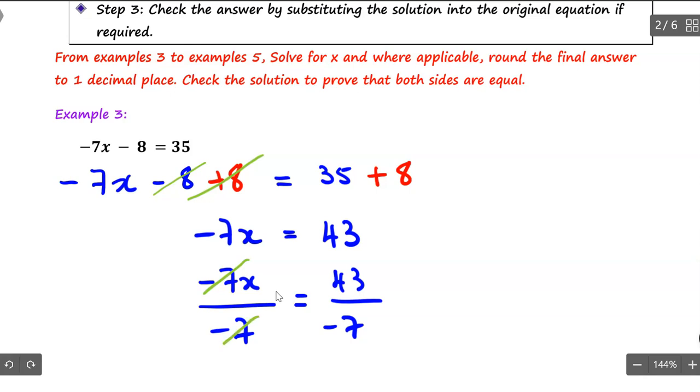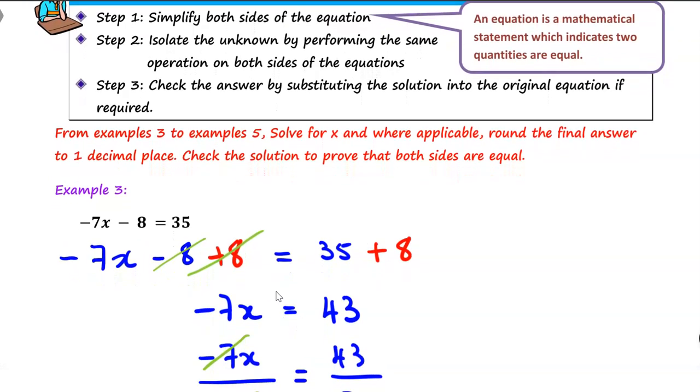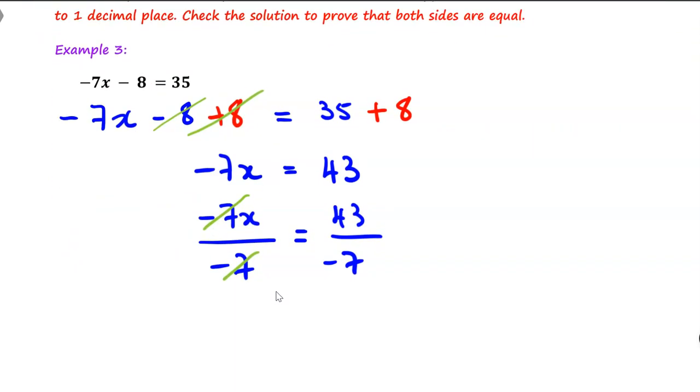There are a few other ways of solving this simple equation, a linear equation, by performing the reverse operation. But I'm not going to go into that. It's like advanced algebra. So I just perform the step indicated to me here, that I perform the same operations on both sides of the equation. Okay, so now this gives me